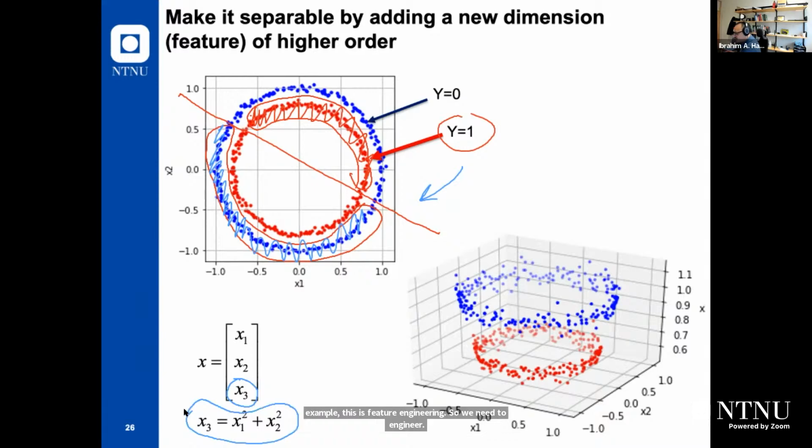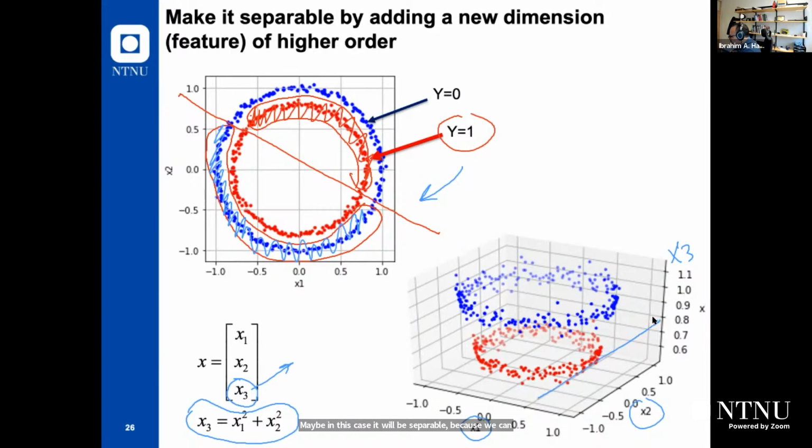So we need to generate a new feature, or add a new feature, which will help us to solve this problem easily. So we need to add x3 here, and when we add x3, we will plot this example in three-dimensional space. So we have here x1, here x2, and here also x3. Maybe if we add x3 equal x1 squared plus x2 squared, in this case it will be separable, because we can plot